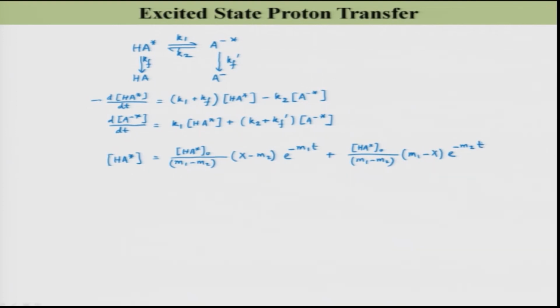Obviously, I have to tell what is m1 and m2, that I am telling later, and then A minus star will have the form